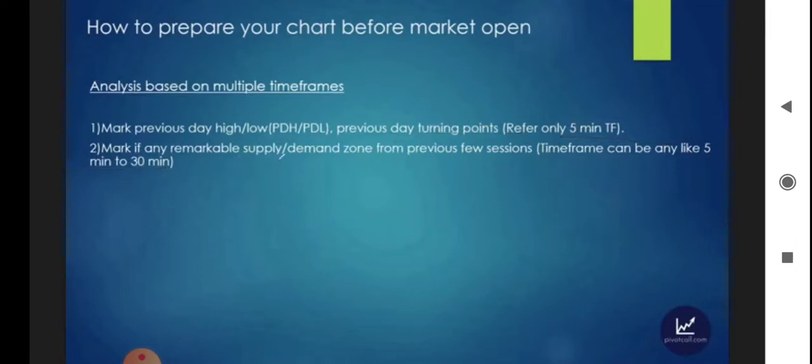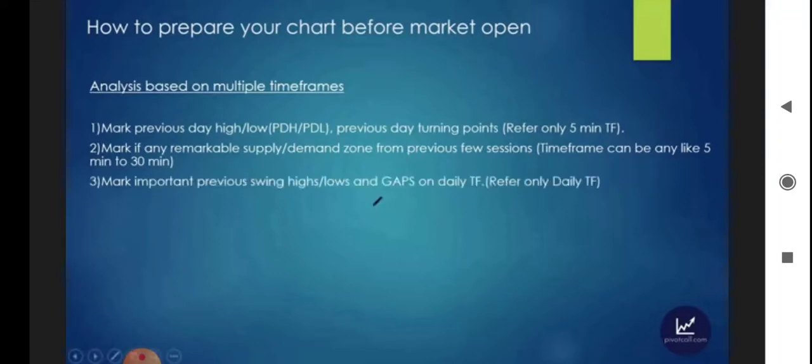But supply and demand zones are applicable even if they are 1 week back, 15 days or even 1 month back. So you can't see it if you go on the 5 minutes time frame, because on a 5 minutes chart you can see only the previous day or last 2 days, something like that. You can't see 1 week back, 15 days back price action. That is why I mentioned you can go to a higher time frame. Is there any supply or demand zone? Okay, so here the time frame is not really important, but it can be 5 minutes, 15 minutes, but not daily